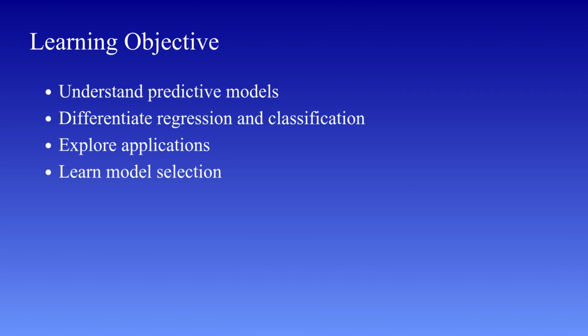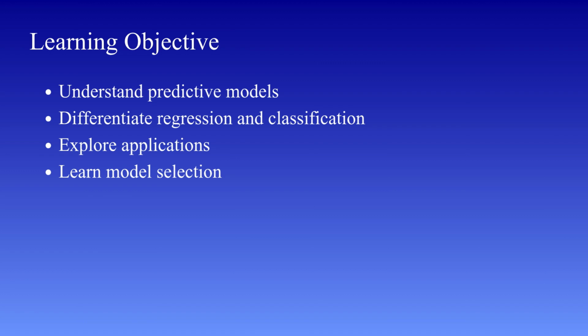You should also be able to distinguish between different types of regression, especially simple linear regression and multiple linear regression. Understanding the difference between these will help you choose the right approach when solving real-world problems. Another key objective is to understand how a regression model actually works, specifically, how the relationship between variables is represented mathematically, and how the model tries to fit the best possible line to the data.